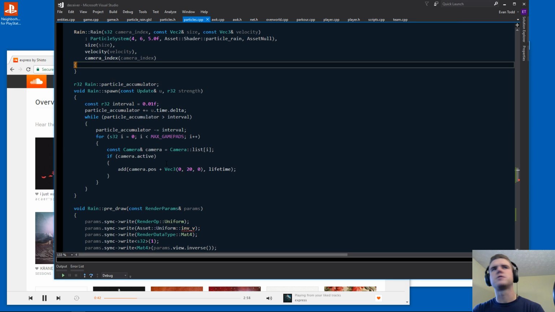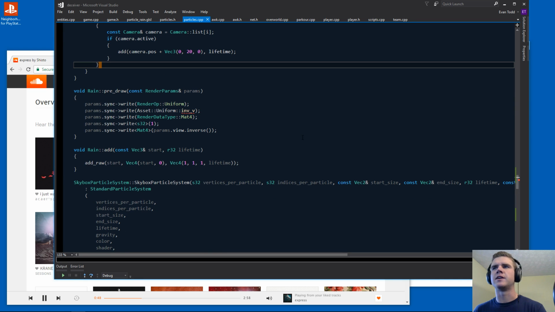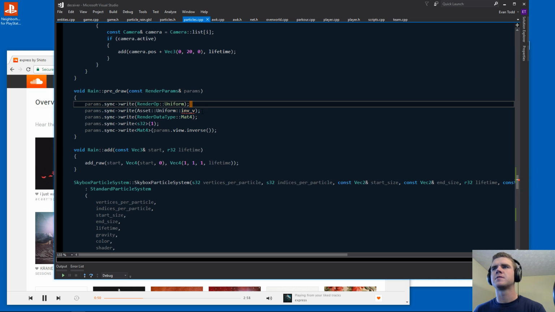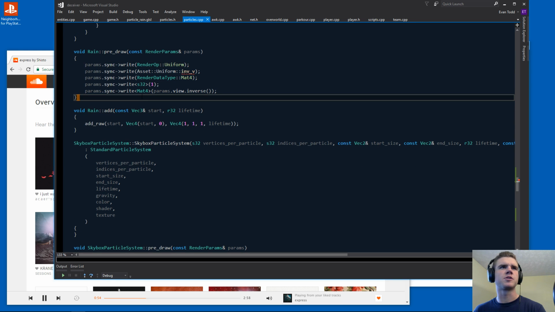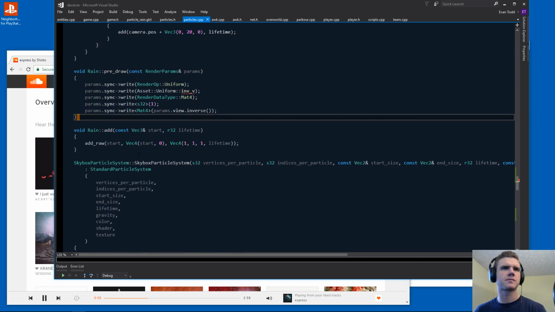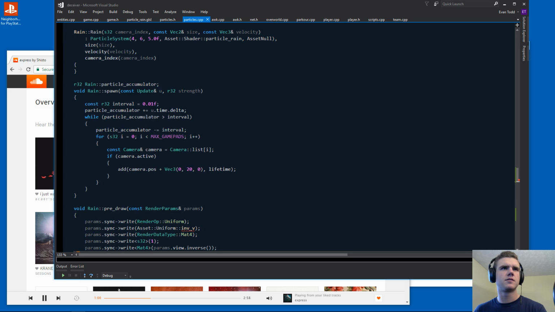Why are there 2 cameras? Because this is a split screen game. So we have multiple players at the same time. And so I need to make sure that all works properly. Okay, so this now means that